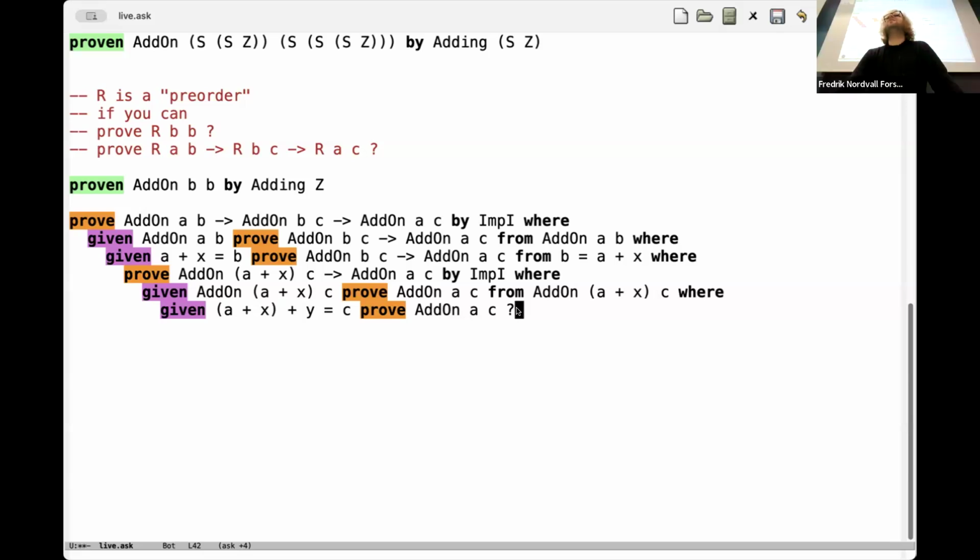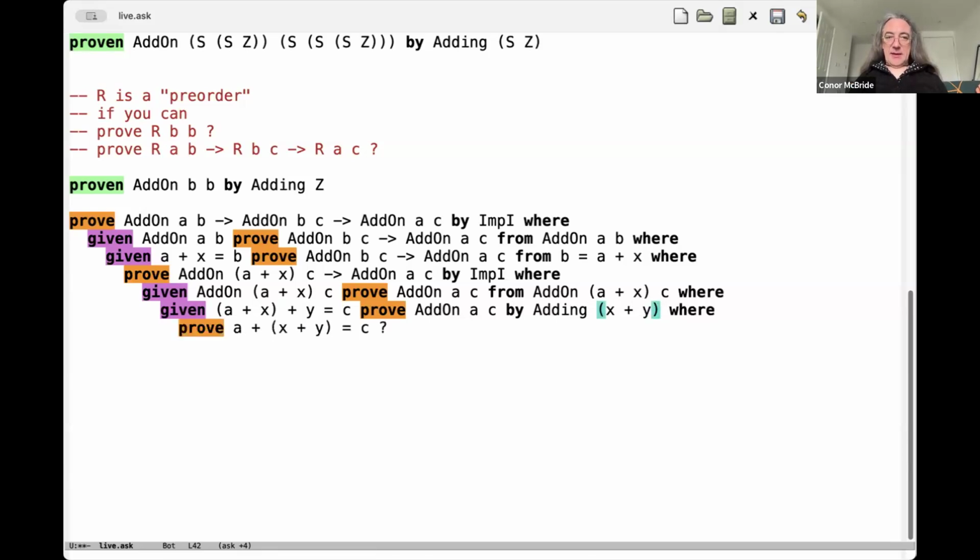Everyone see it? X plus Y, yeah, that sounds good to me. Excellent plan. By adding X plus Y. And now we have to prove that, well, actually, what I should have done before that is